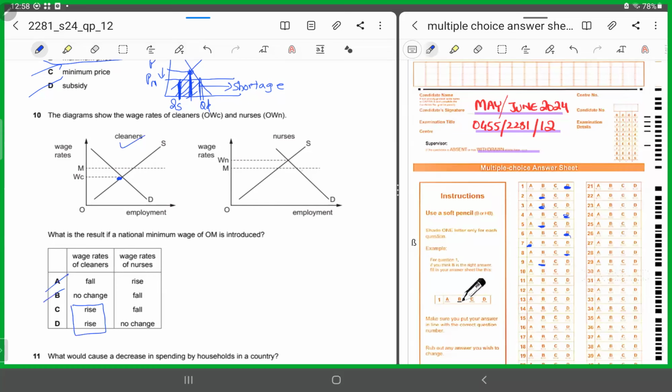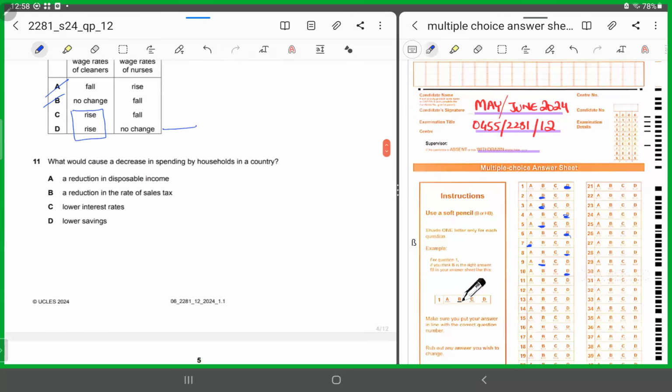Now let's look at the wage for the nurses. Now imposing OM means what? For the nurses, it means below the equilibrium position. So you see, minimum wage is only workable if it is imposed above the equilibrium. But for nurses, it is imposed below the equilibrium. So this means it will bring no change. You see, an effective minimum wage rate is one which is always above the equilibrium wage rate, right? So keeping that concept in mind, for the nurses, it will bring no change to their wage rate. Hence, the correct answer for number 10 will be